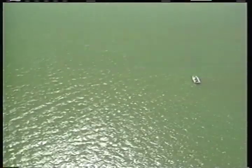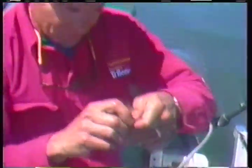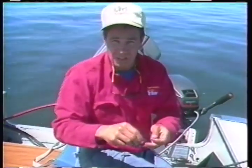Walleyes out on the deeper Main Lake structure relate to a different food chain, which is based upon tiny insects and the minnows that feed on them. Since there is no forage explosion here, these deeper water fish are in a more positive feeding mode. When the lake flies hatch, you can up your odds by fishing for fish that haven't been affected by the shallow water forage explosion. What we're doing is traveling over the edge of this great big giant flat out here